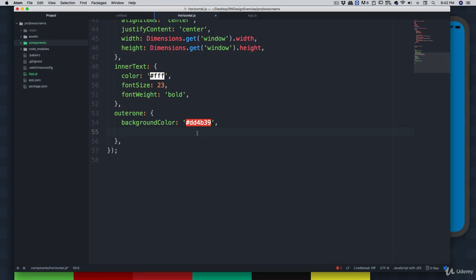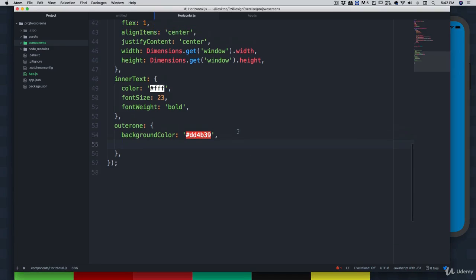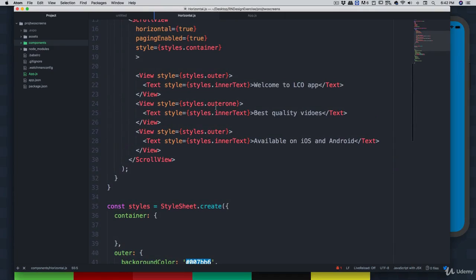Okay. And now the problem appears. If you just get rid of all of this, then this becomes like this. We don't want that to be happening. So what you can do is pass on these things, outer 2, as a list. Okay. What I'm asking you to do is put a square bracket here,